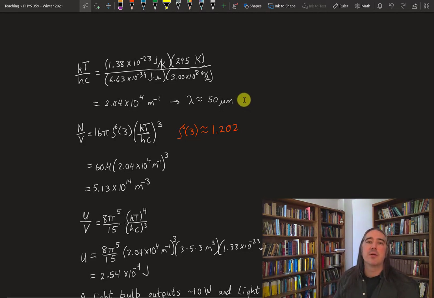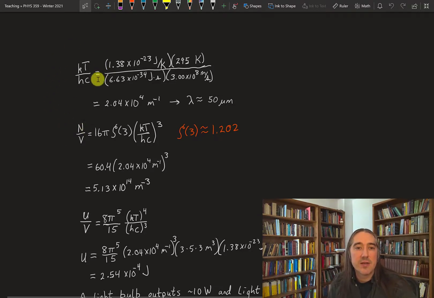Now, 15 to 20 microns is far into the infrared. Human vision is between 400 and 700 nanometers. If you've got a bright source, you can see 750, maybe even 800 nanometers, but the color doesn't change anymore, it just gets dimmer because your eye's not as sensitive. Anyway, all of those are shorter than 1 micron. This is 50. The actual peak of the spectrum will be 15 to 20 microns. So that's very far into the infrared. That makes sense. You don't see your room just glowing, right?